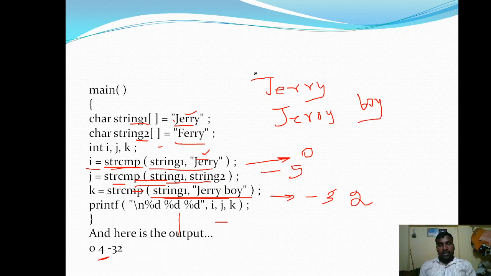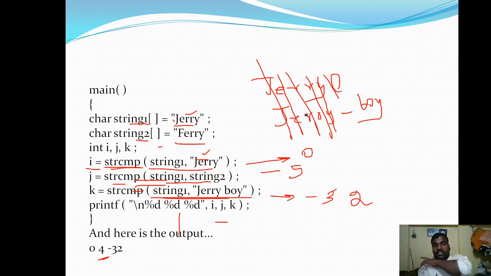Now while comparing individual characters, all are equal, and at this point this is a space, and for this string \0 is appended. Now \0 is compared with this space. The ASCII value of the \0 null character is 0, and the space is 32. The difference 0 minus 32 is minus 32, so that's why it returns a negative value here.